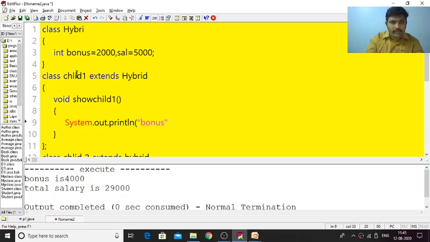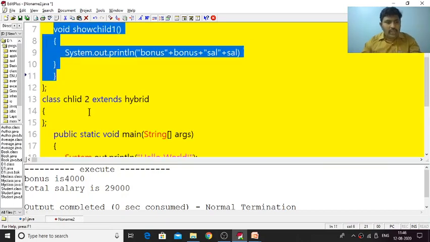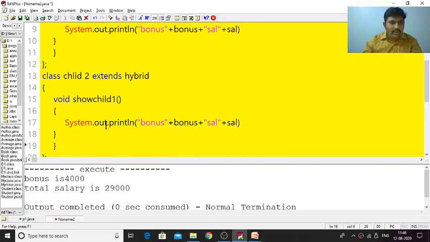Bonus, comma, bonus, bonus is bonus plus sal. Now let us close these methods. Copy the same method in your child2 also. My child2 is also having the same.